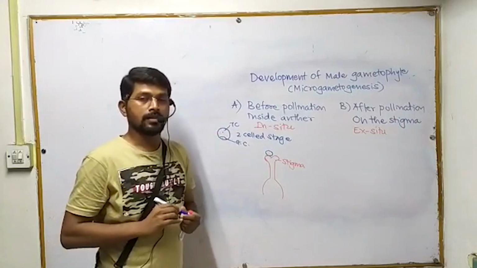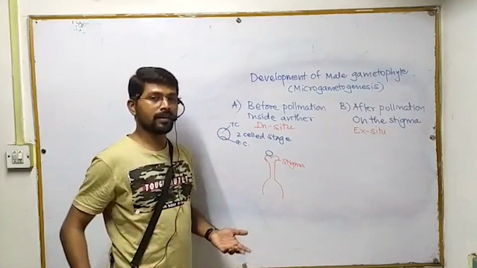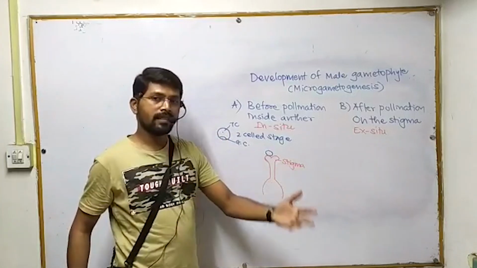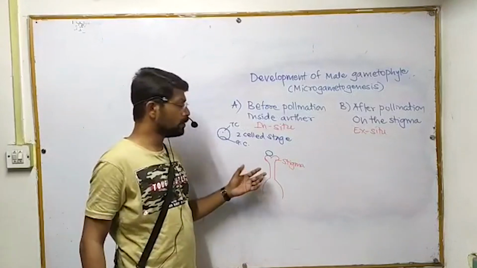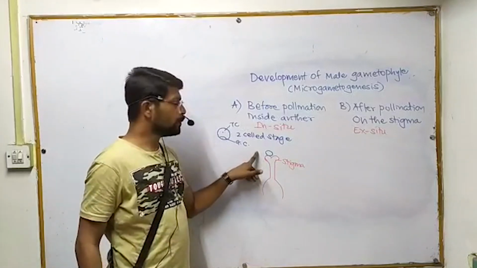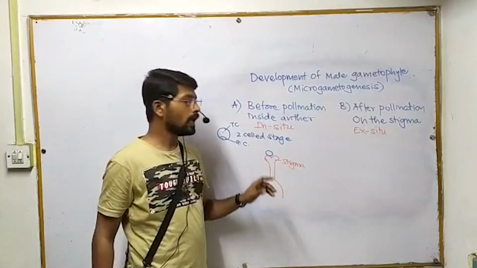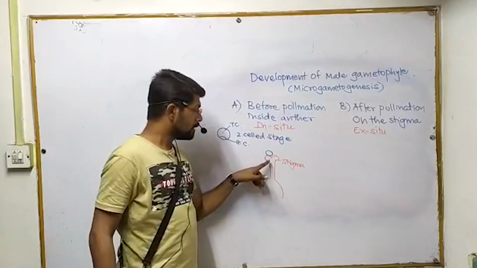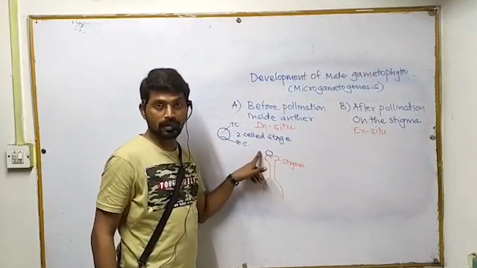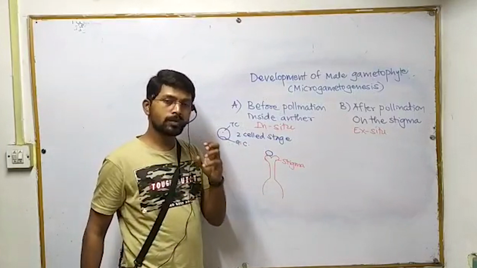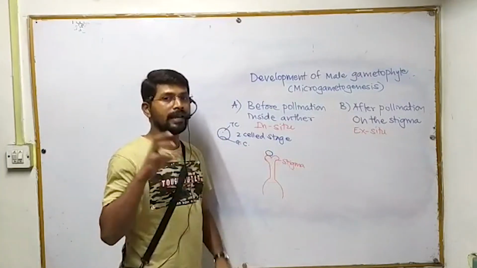A stigma secretes the sugary substance which is called exudate. You can compare it to a guest arriving at your house, then you will offer tea. Here the pollen is like a guest and the stigma is offering the sugary substance. Jokes apart, that is easy to understand: the sugary substance secreted by the stigma is available for the pollen grain. Now this pollen will absorb the sugary substance, or the exudate, secreted by the stigma, and the internal